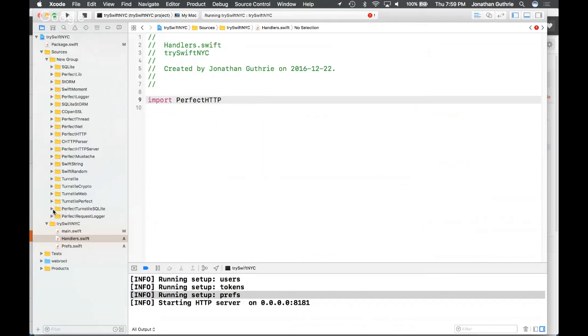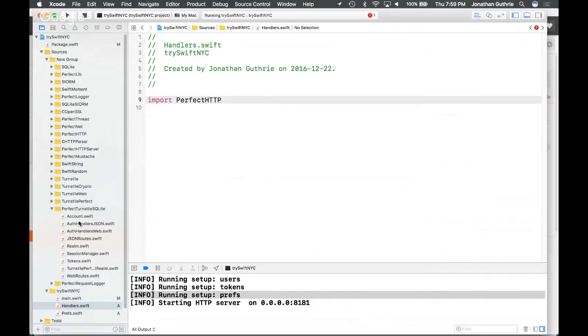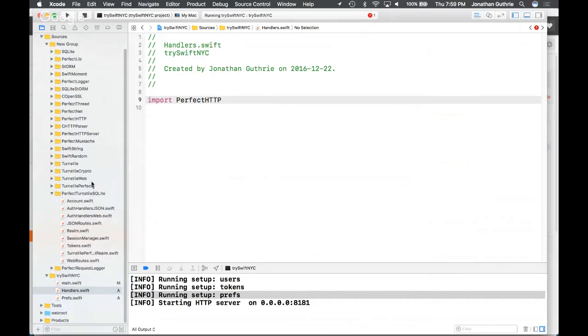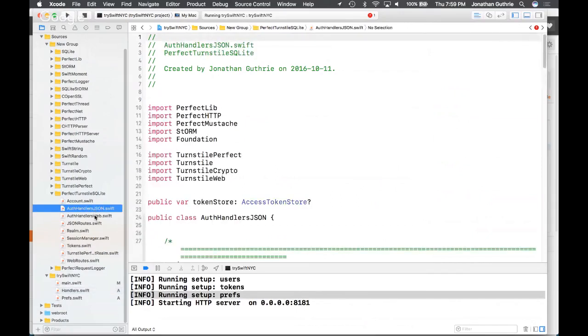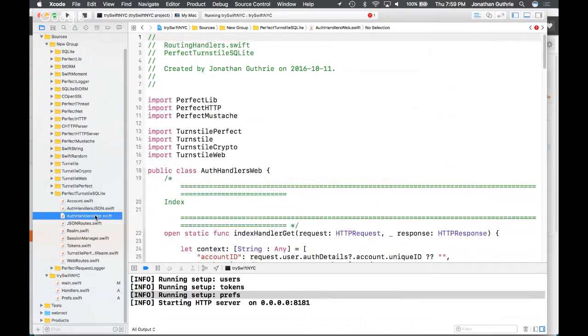So after that little rant, I'm going to show you whereabouts you can actually get that code. Okay, from these dependencies that I placed into a group, what I've actually got is those auth handlers, JSON and web, that were driving the login and the register and so forth. Okay, so the reality is that we're going to be able to grab some of the stuff and only slightly change it.